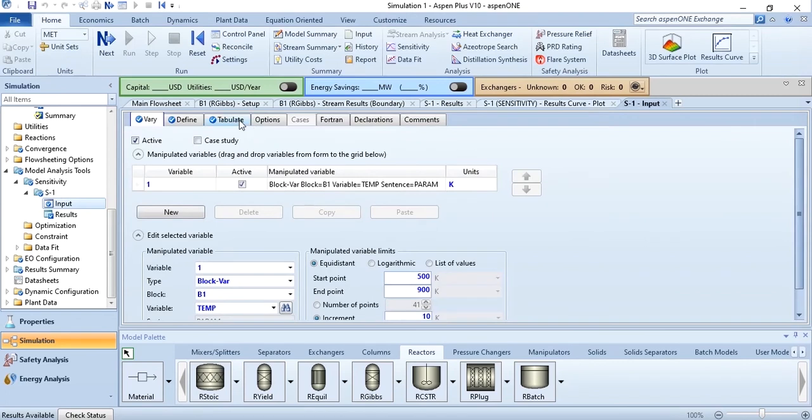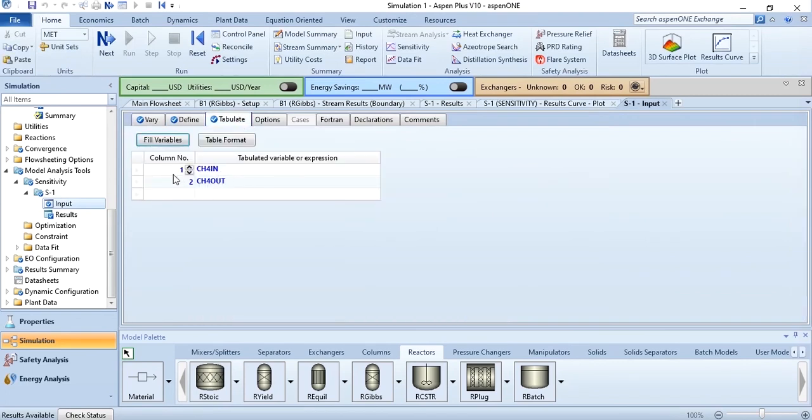So now go back to this input and you have to define the conversion in the tabulate. This is a way of doing it. And obviously if there are two variables, the column number should be 1 2, and if there is no need to provide any formula, if you don't have to provide a formula, then simply you fill the variable, and it will be placed automatically. But if you have to provide a formula, as in this case,